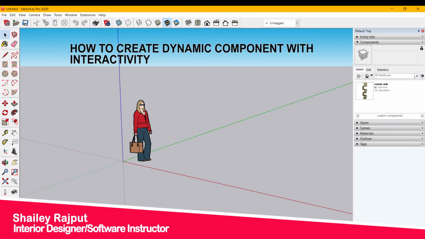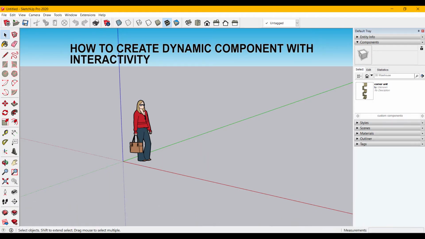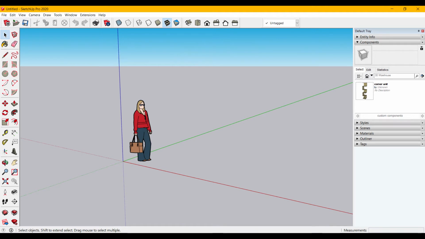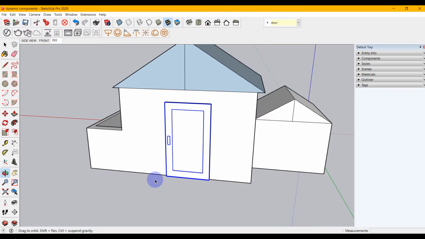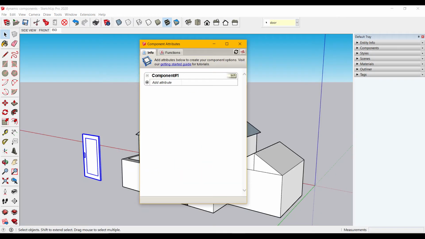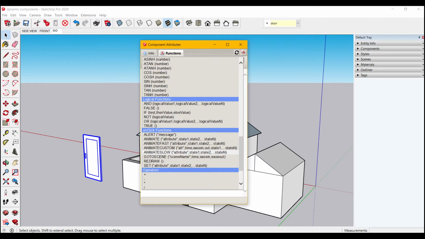SketchUp dynamic components are reusable design elements with special attributes like parametric functions, interactivity, animation, and more. To create a dynamic component, you add attributes to a basic component and then create values for those attributes. For simple dynamic components, the process is easier than you might think, especially if you start with SketchUp's predefined attributes and are familiar with SketchUp's basic drawing tools.